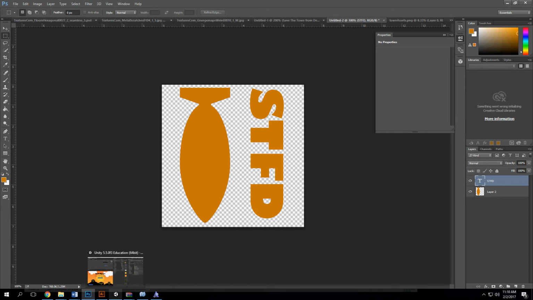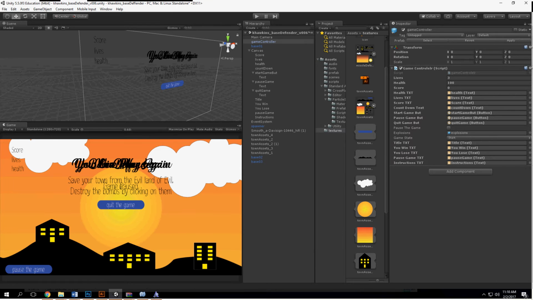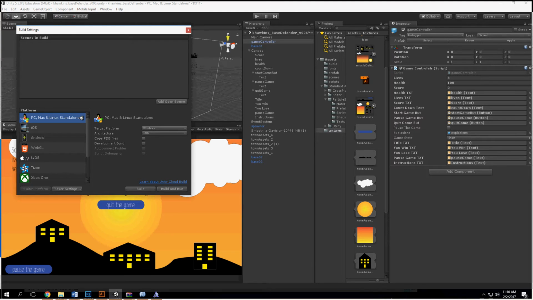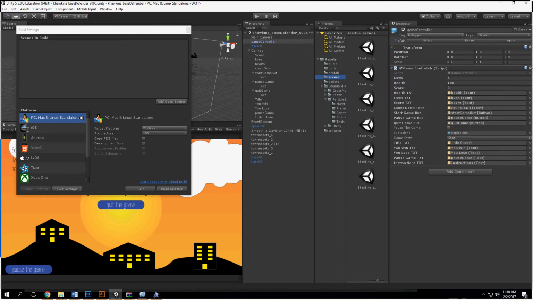And where this is going to go is once we go to File, Build Settings. Well, let's get our current build in there. Save that. Go to Scenes,